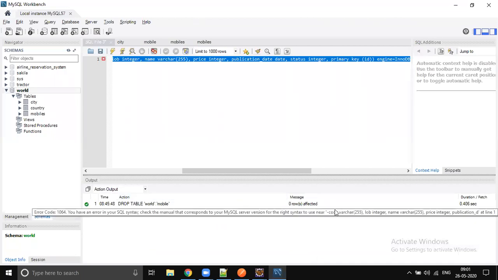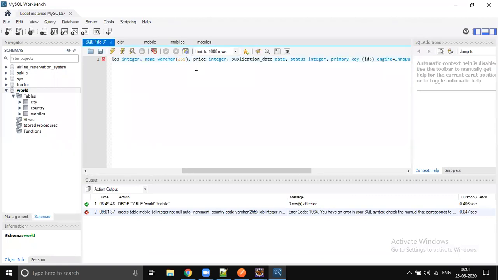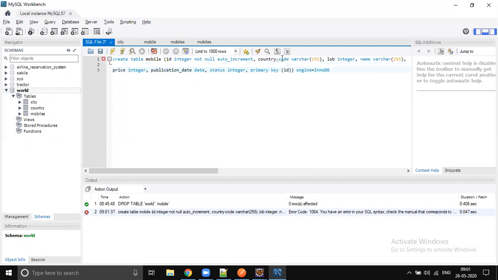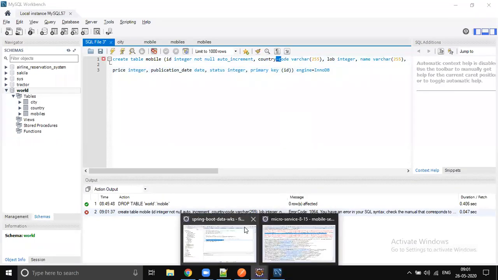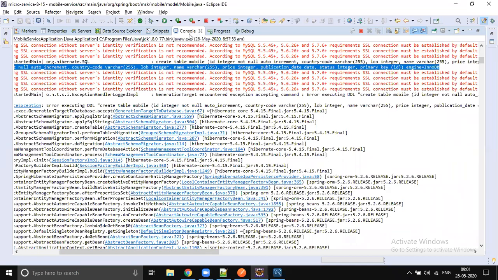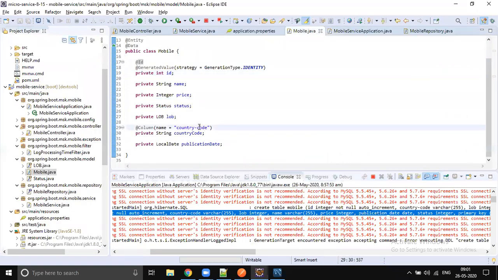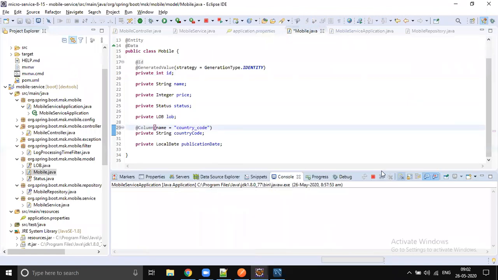So there is some problem. You have an error in the SQL, price integer something is there. Okay, I think hyphen is not allowed. In the SQL, hyphen is not allowed. That is the problem. So let's go and remove the hyphen and put underscore. Column name hyphen is not allowed. That is the syntactical problem.